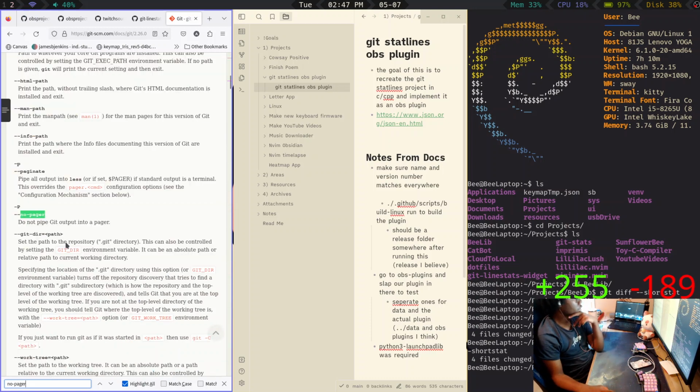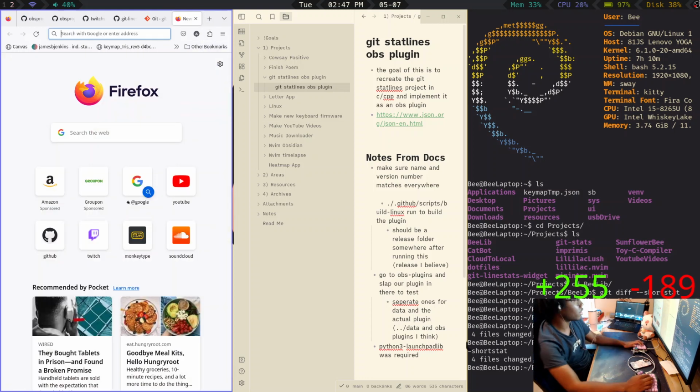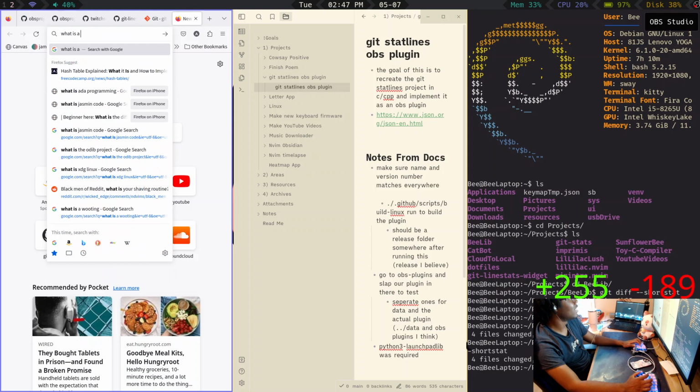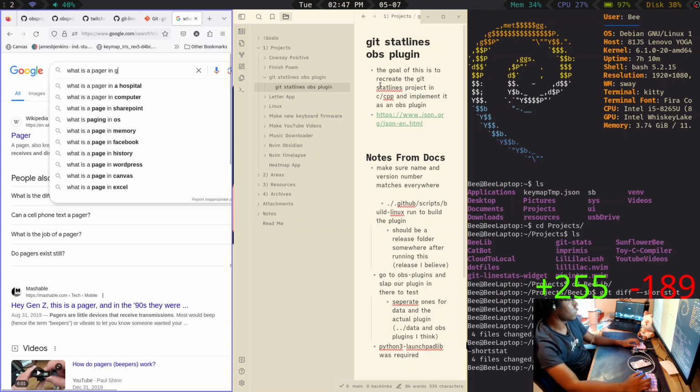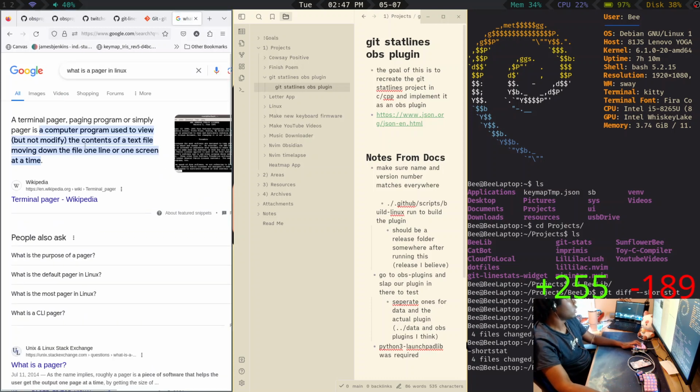Do not pipe git output into a pager. What is a pager? A terminal pager, pager program, or simply pager is a computer program used to view.